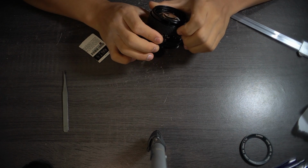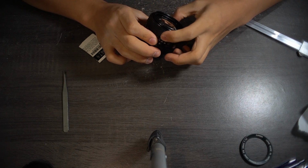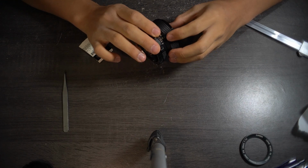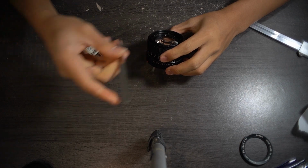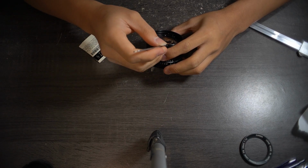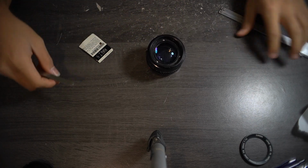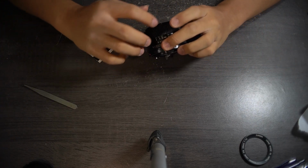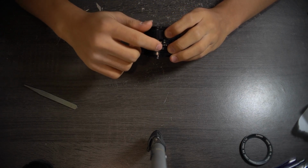You have these things that hold the filter ring in. The filter ring has one of these openings over here, which indicates that this is the top bit, probably for a hood or something like that. It has a small dimple inside here, like a small tip, which lines up with the